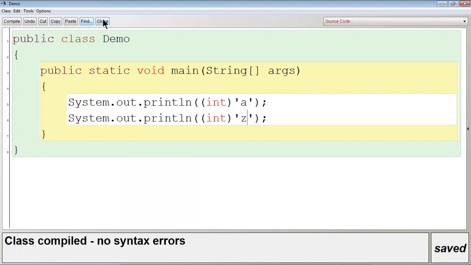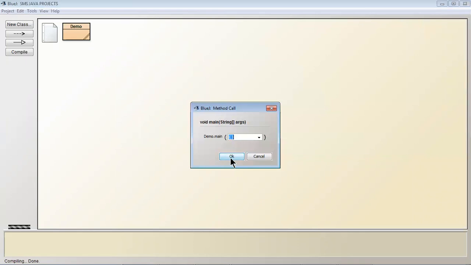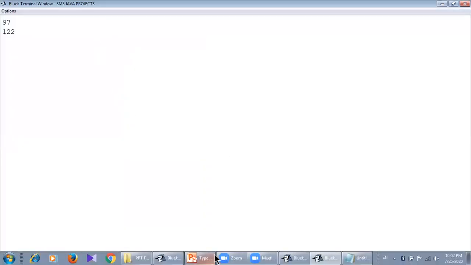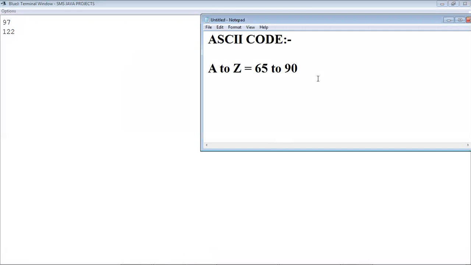It will be 97 to 122. So the ASCII code of small a to small z is 97 to 122. Let me use single quotes so that it is clear, because it is a character value: character A to character Z, and character small a to character small z.